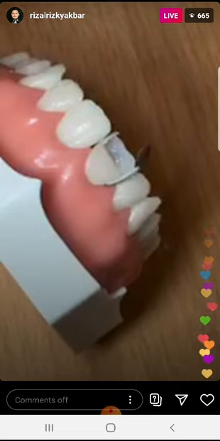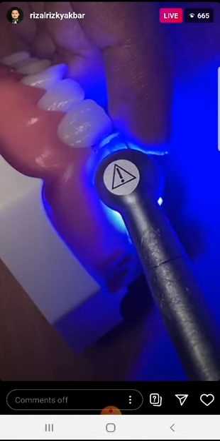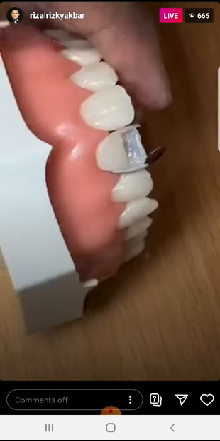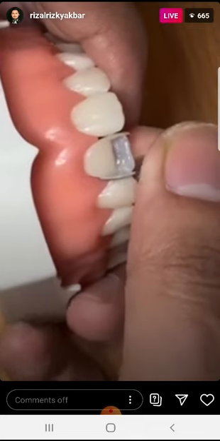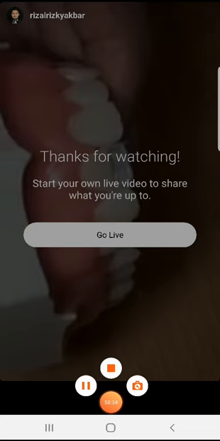Do the flowable again. And then cure. Then just pull out. Okay, this is our